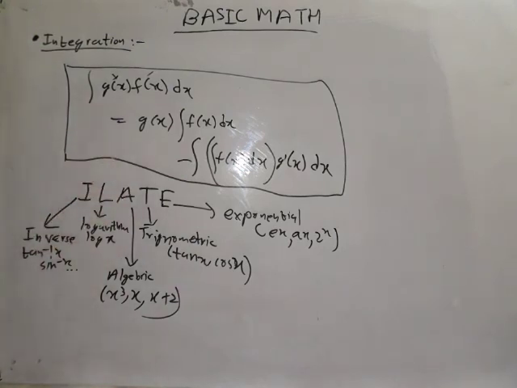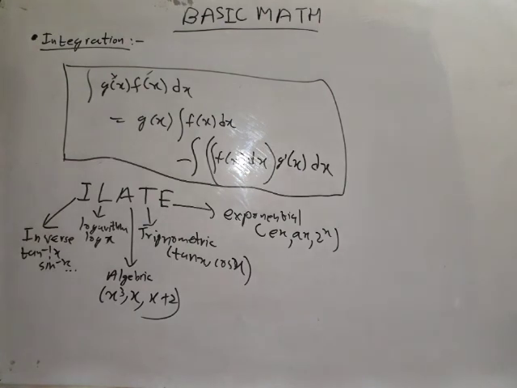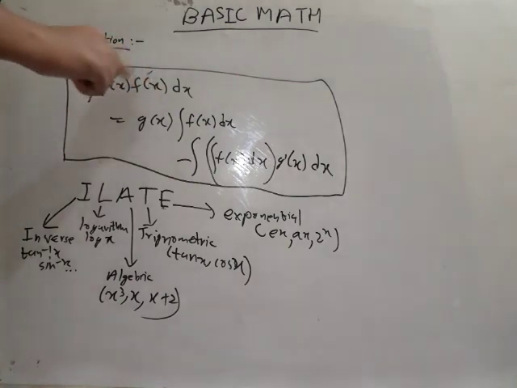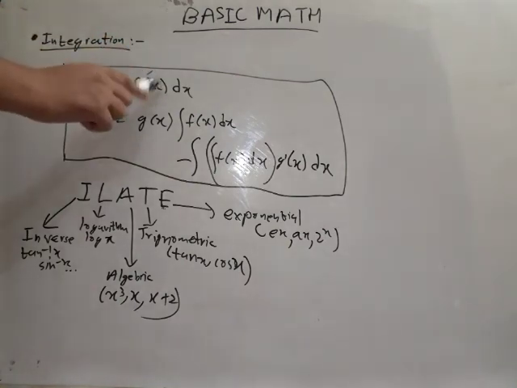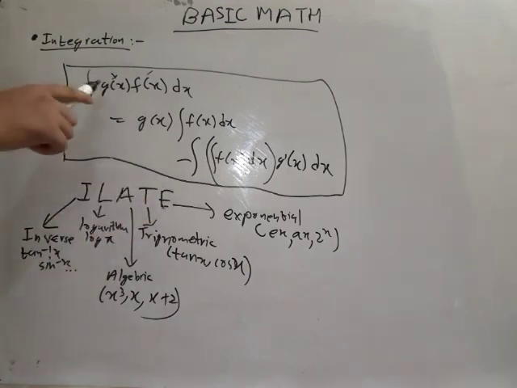Suppose we have been given a function which we have to integrate, and the function is a multiplication of two types of functions, means one is exponential, one is logarithmic, means log x into e to the power x. Now what to do? You take the one which comes later to be integrated as f(x). Okay, you take f(x) here as the part which comes later, and g(x) as the part which comes before.